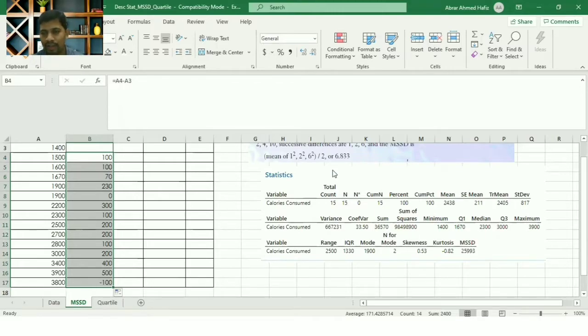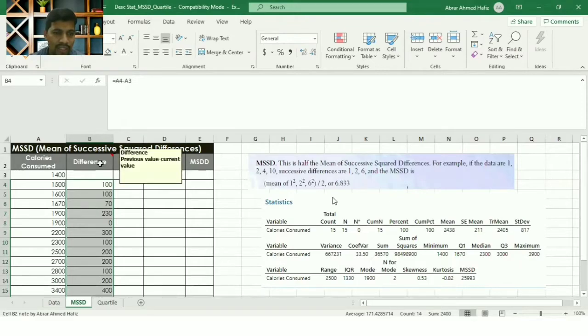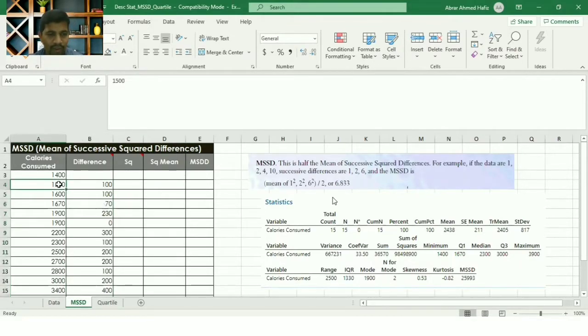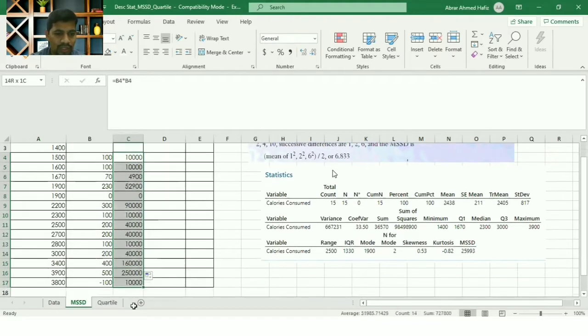So perfect. And then the squared one: all I need to do is square this, so multiply the same value by itself, and then you can drag this down. Just double check this value. Now it is done.